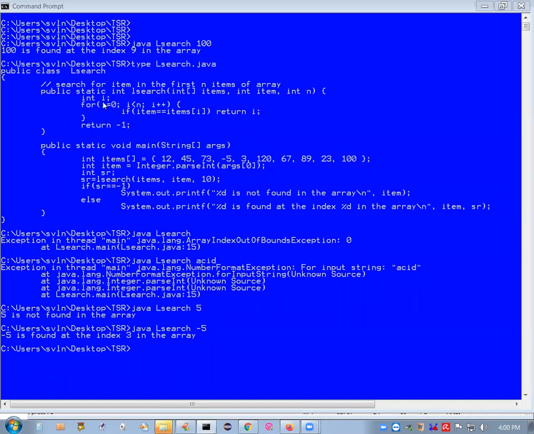And then within that there is a logic, a local variable declaration for each one of them. If item is double equals items of i, return i, right? And whenever it completely exhausts the entire array, it comes here. Then we know that it's not there. So you say return -1, right? So now, maybe I don't know whether I made any justice there.